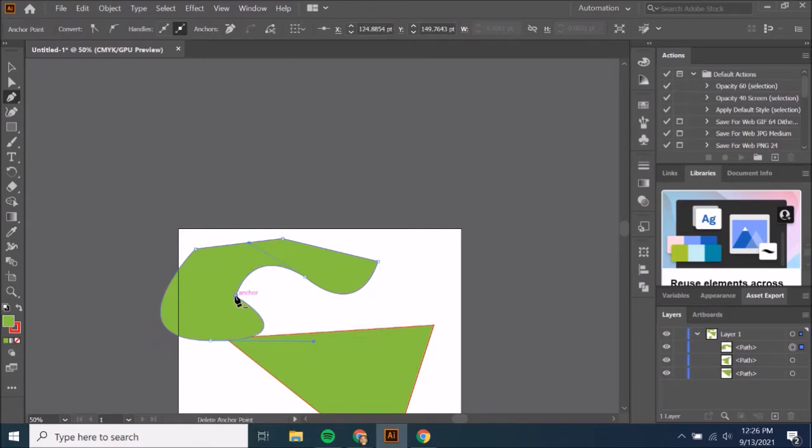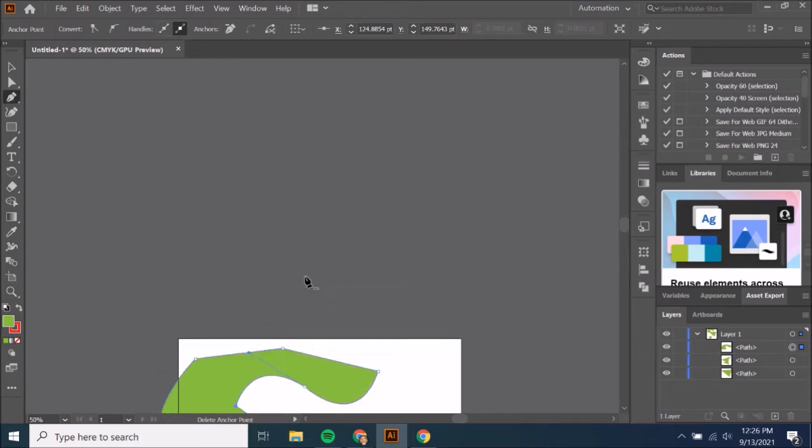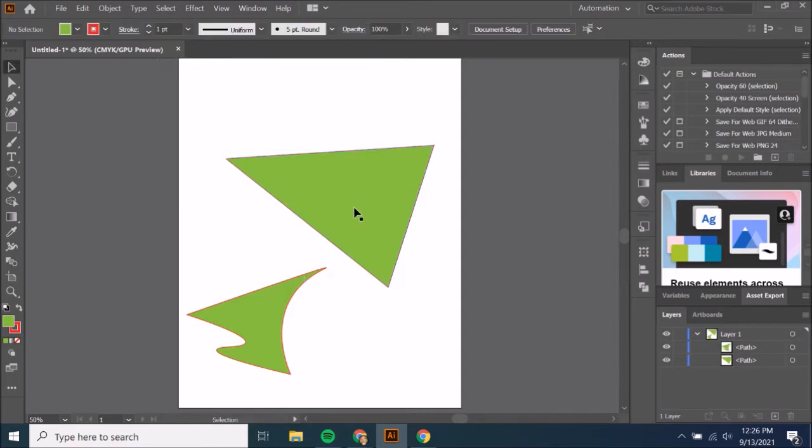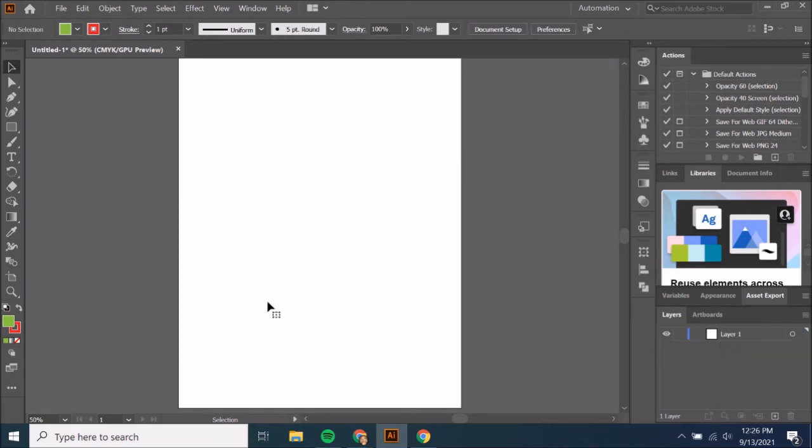So it's really nice. That double click is like a lifesaver with a lot of things that we do. That's how you use the pen tool. I'm going to erase all this. Let's go to the curvature pen tool just as an example. So the curvature pen tool, same thing, start with an anchor point and then you go to wherever else you